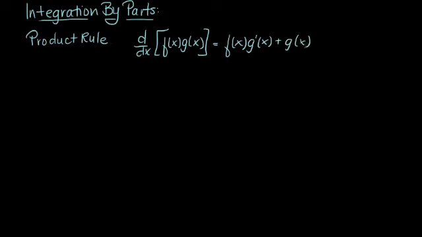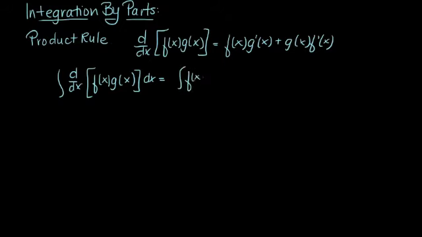It is derived from the product rule, which states that if f and g are differentiable functions, then the derivative of f of x times g of x equals f of x times g prime of x plus g of x times f prime of x. Then you take the integral of each part to get the equation. The integral of the derivative of f of x times g of x dx equals the integral of f of x times g prime of x dx plus the integral of g of x times f prime of x dx,